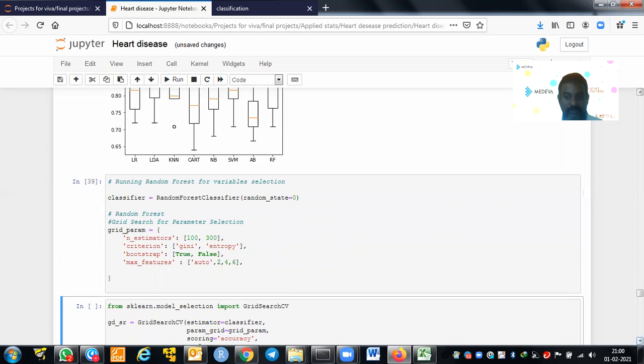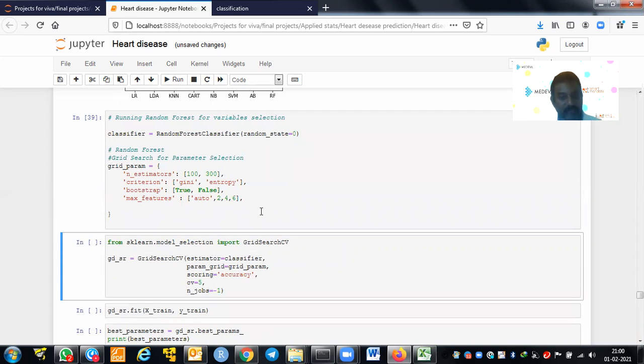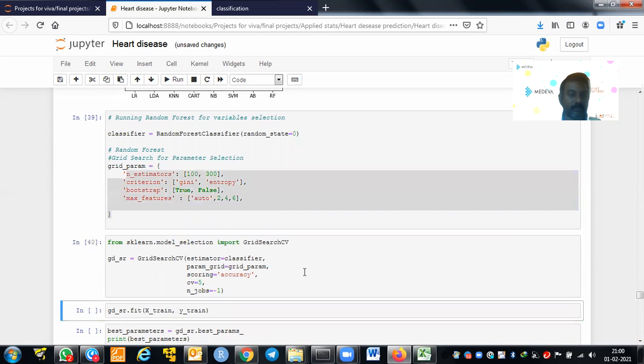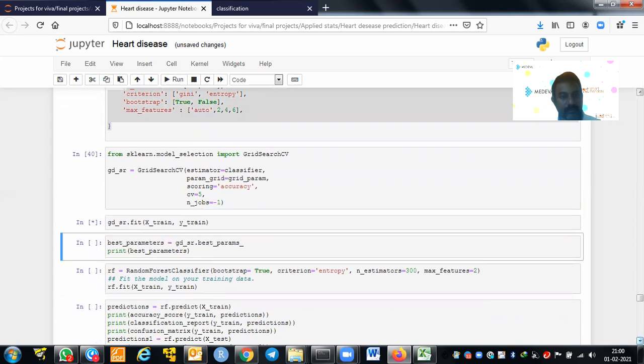Because random forest has hyperparameters, we need to find the best parameters. That's why we have given all the parameters, and using the grid search, we are trying to find the best parameter combination. So it will take time. Once we get the best parameters, we will run the random forest with them. From that, we will take the variable importance and build the logistic regression. That's how we can eliminate some variables and build the model with fewer variables, which is easily implementable. I hope you understand.